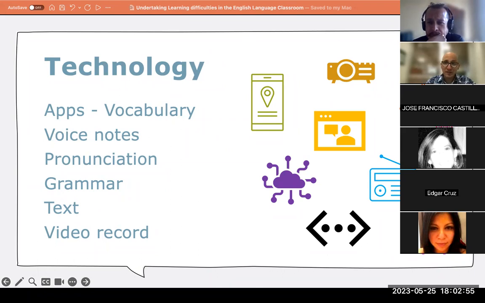If they download a translator, a dictionary, whatever it is, they can listen to the word and pronounce it. There are so many apps for grammar, Duolingo, to help them with syntax, text processing, word processing. Our own Word can help them with their spelling. And very powerful is